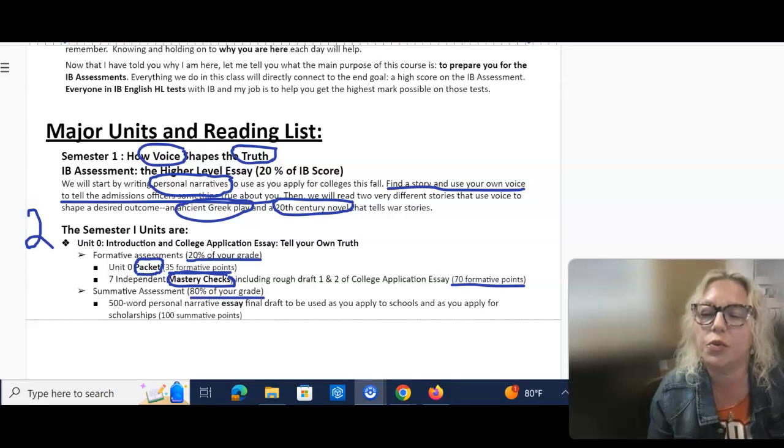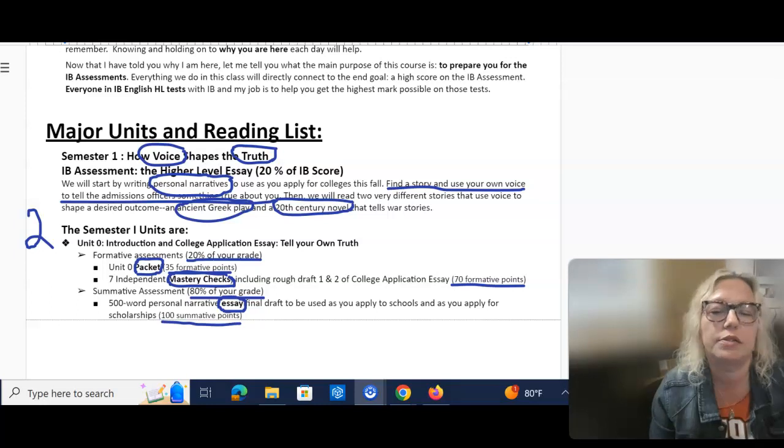is a 500-word personal narrative essay, final draft. We're really hoping that you're going to use it as you apply to schools and as you apply for scholarships. And that is worth 100 summative points. All right, let's move down to the next